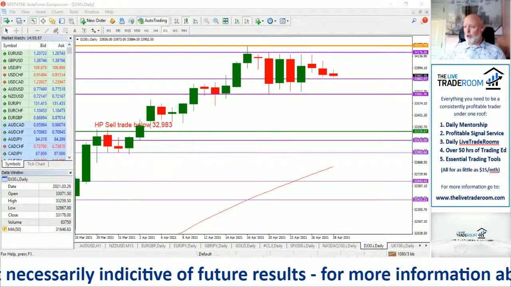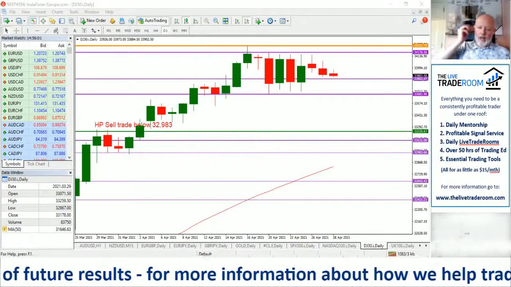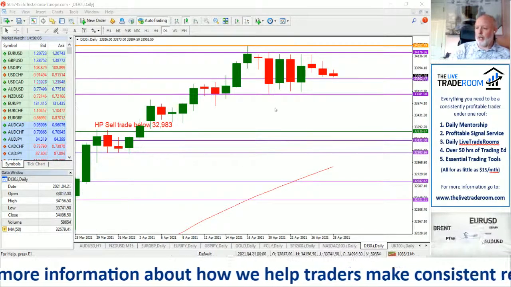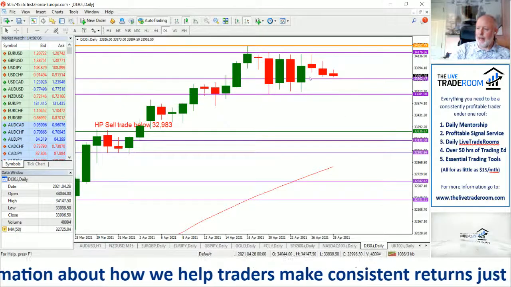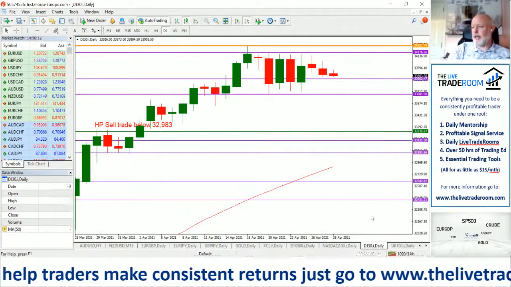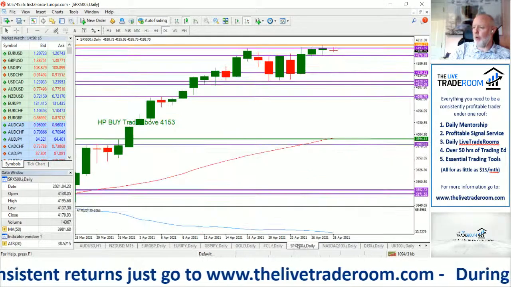It'd be relatively short-lived. It'd be looking to capitalize on, ultimately our bias is to the upside, but short term we can look for a little bit of short-term selling, and what that means is we can mitigate risk as quickly as we can on the trade and just see how far these markets can push to the downside before they find a little bit of support.